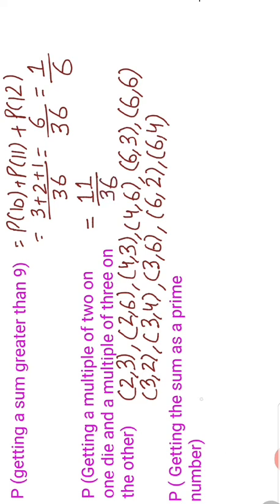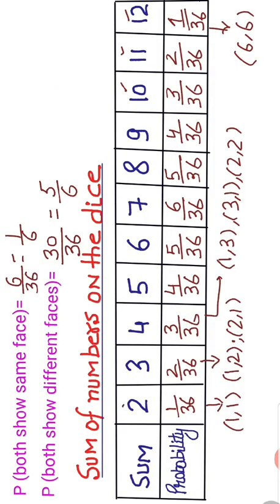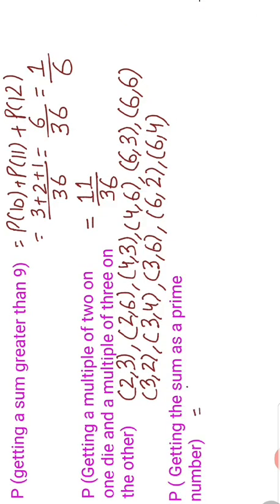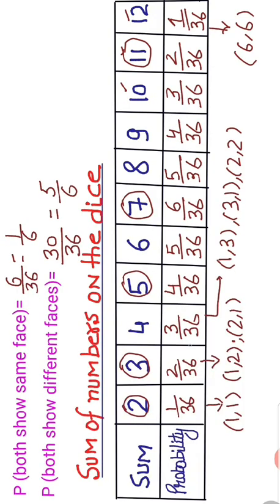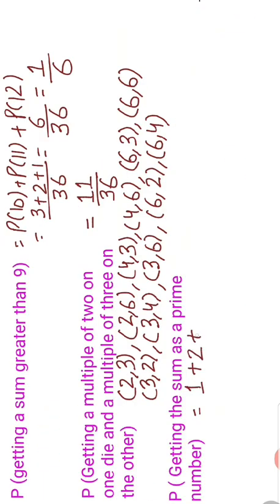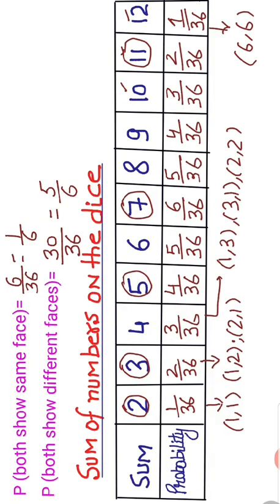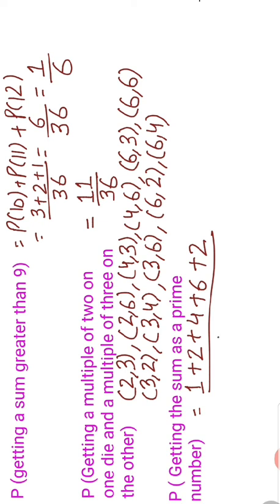Okay. Now the probability of getting the sum as a prime number. Here in the sum there are 5 prime numbers, 2, 3, 5, 7 and 11. Now adding all the favorable outcomes, we get: favorable outcomes for 2 is 1, then for 3 is 2, then for 5 is 4, for 7 there are 6 favorable outcomes, and for 11 there are 2 favorable outcomes. So the total number of favorable outcomes is 15 divided by 36. So the probability is equal to 5 by